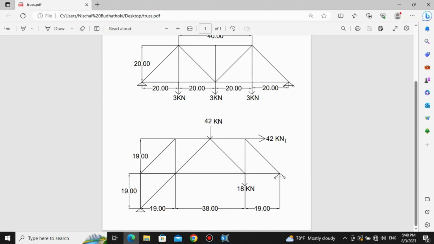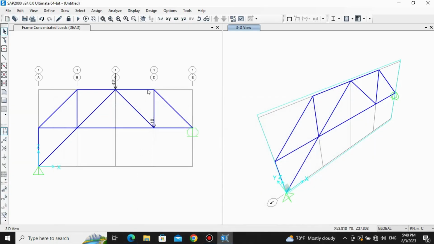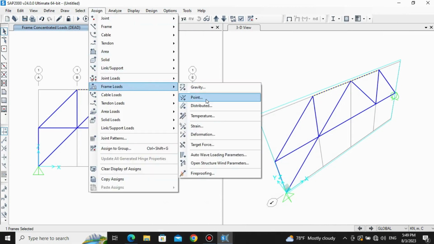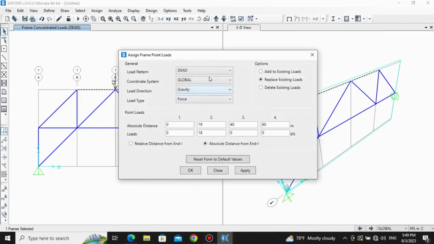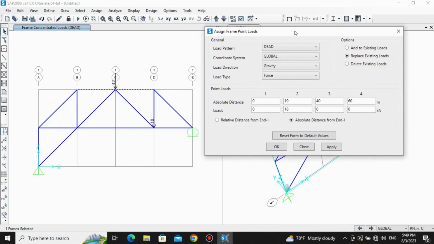Now 42 kilonewton we need to apply horizontally, right? So let's click at this section and we have 42. Okay, click on assign, go to frame loads, go to point load. I'm going to select relative distance over here, and since it is exactly at the end, it's at 1. So at any other point, let's keep 0, and at 1 means at its full length we are going to